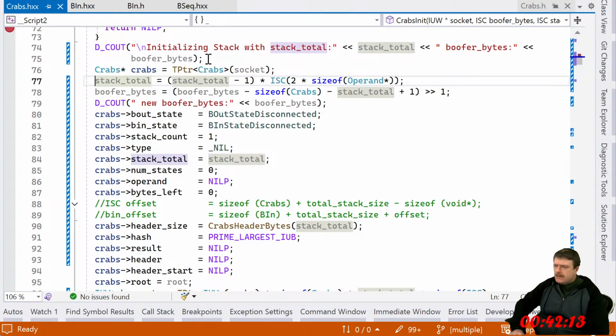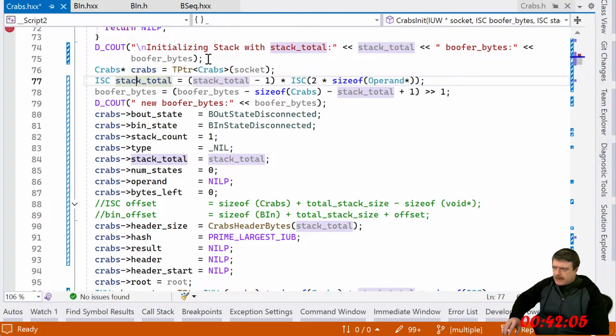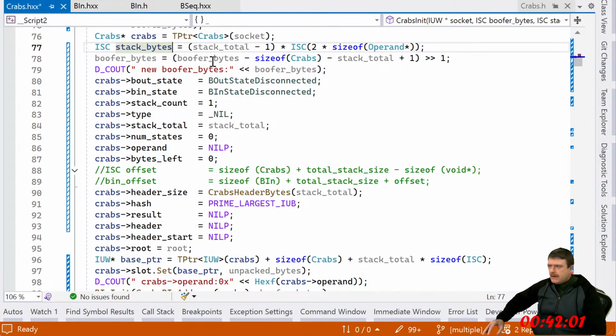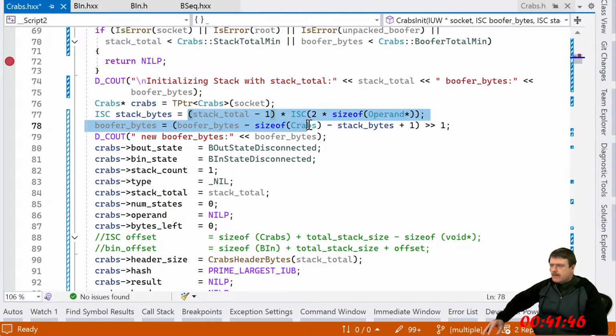I don't know what that's supposed to be. And then what is this, like stack bytes? And then stacked buffer bytes. Because I mean, this seems like bozo.